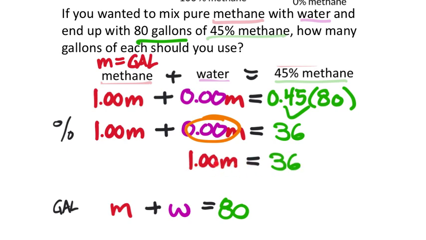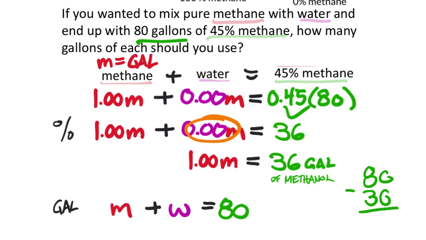The 100% pure methane, that's 36, and that was gallons of methane. So I'll put gallons right there. In fact, I'll say of methane. So 36 gallons of methane, but we know that the total mix is 80. So if I want the amount of water, I can just take the 80 gallons total, subtract the 36 gallons of methane, that's a 6 by the way, and I end up with 44. So that's the amount of water that I have. Let's label that: that's gallons